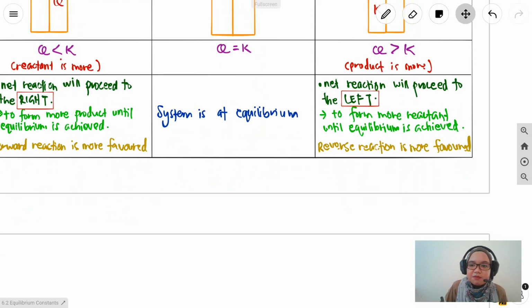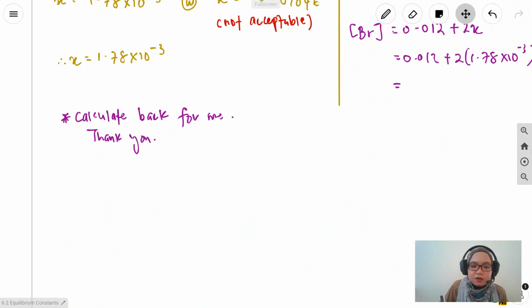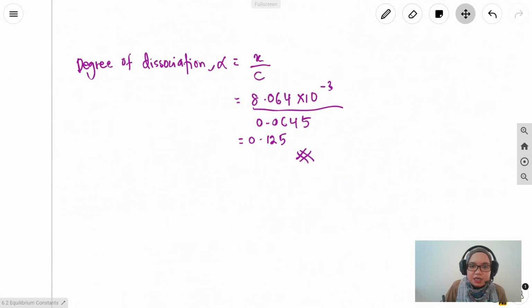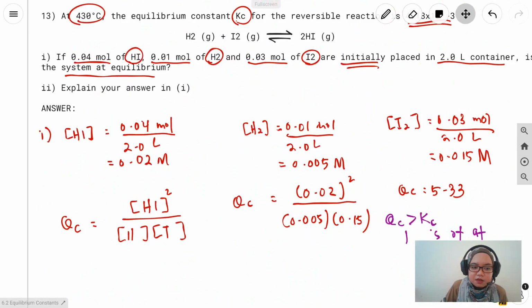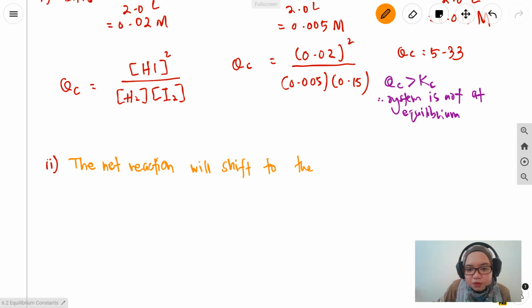So here, the explanation is the net reaction will shift to the left